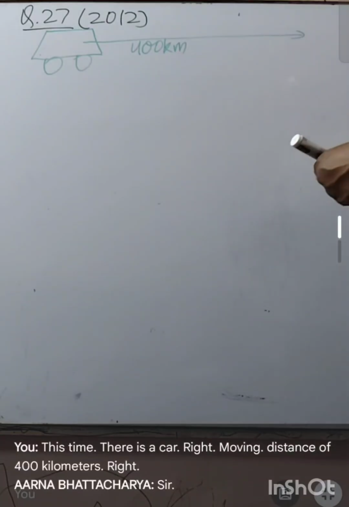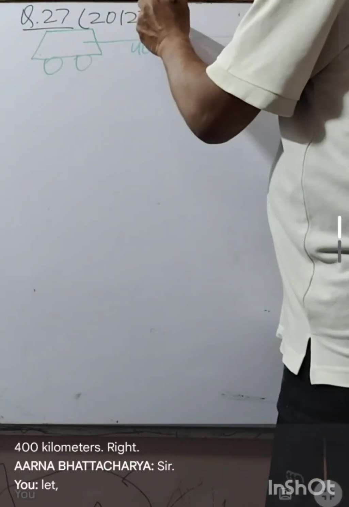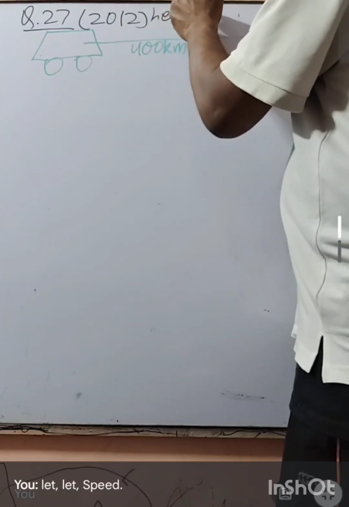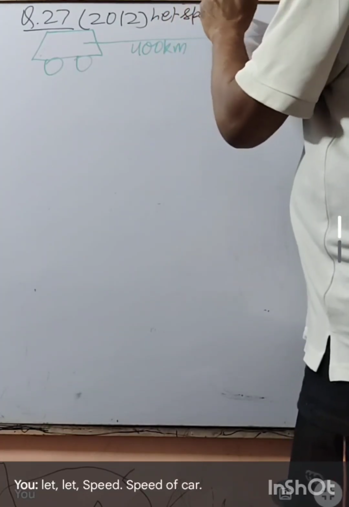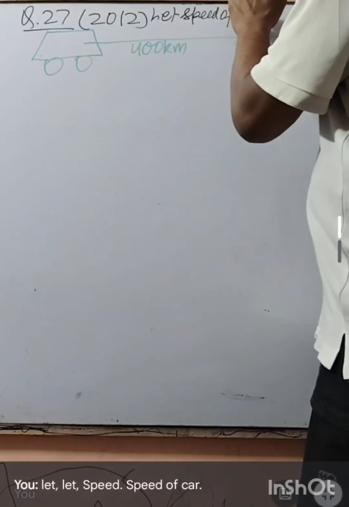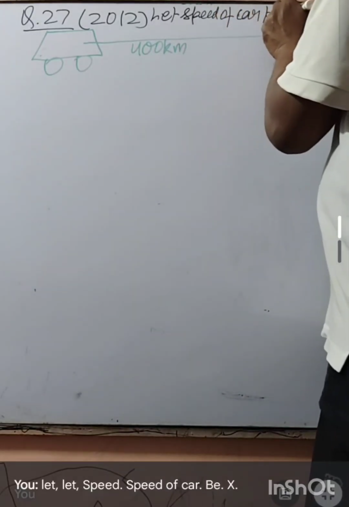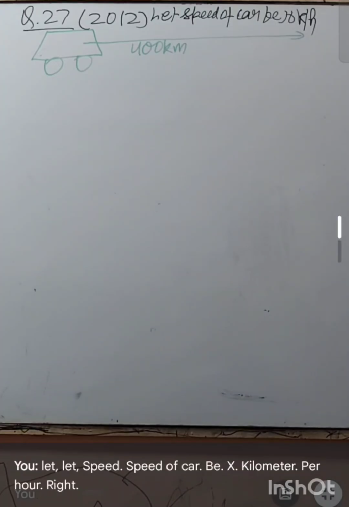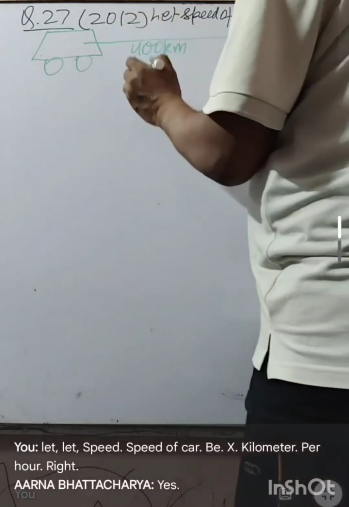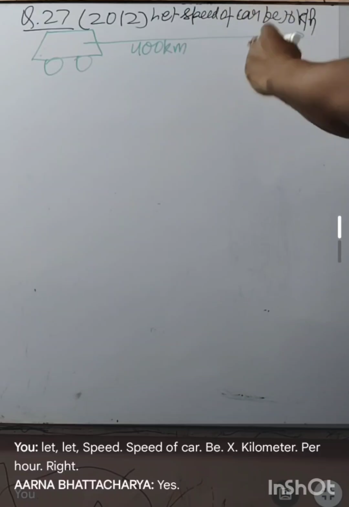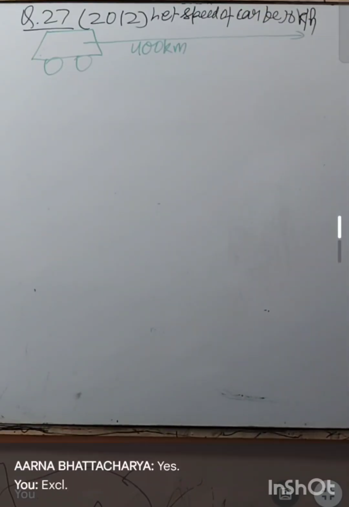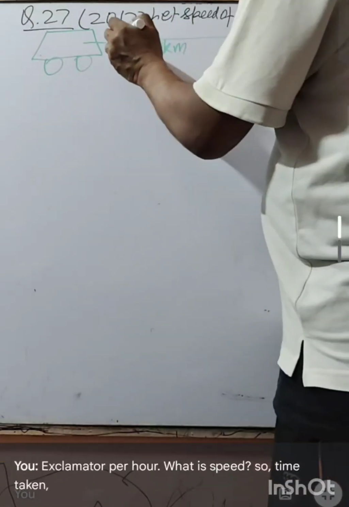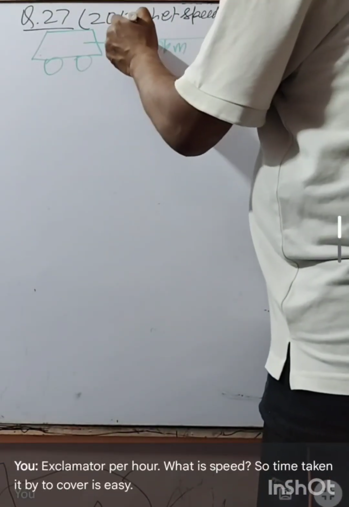Let speed of car be x kilometer per hour, right? X kilometer per hour is speed. So time taken to cover is t is equal to